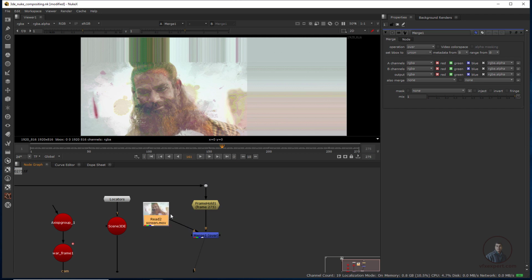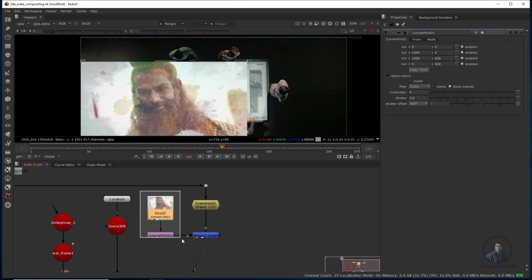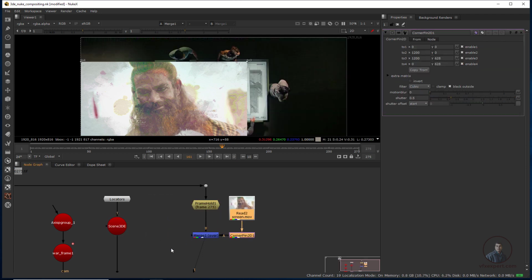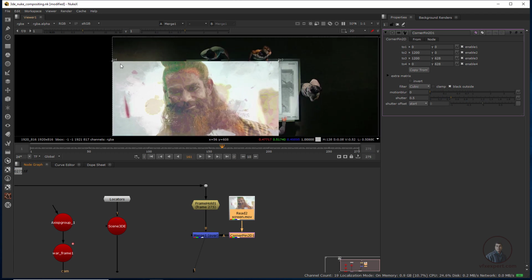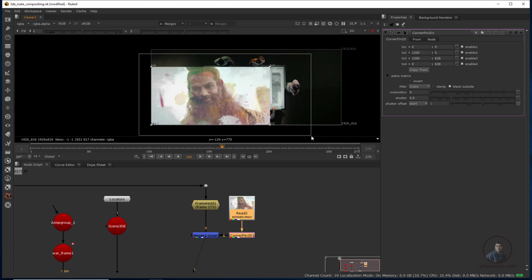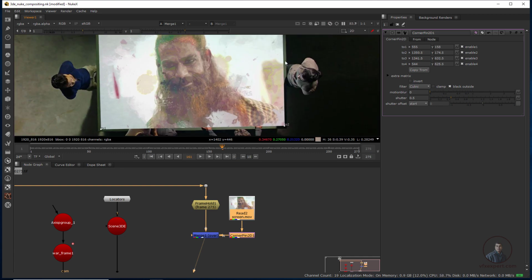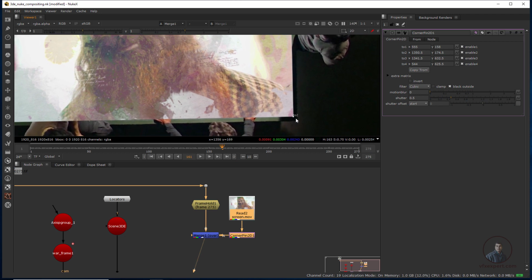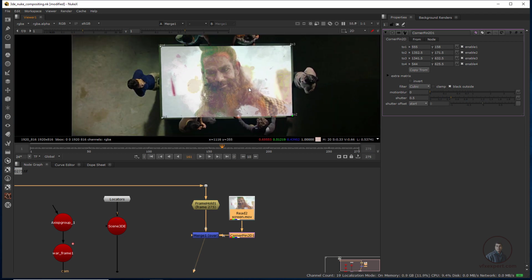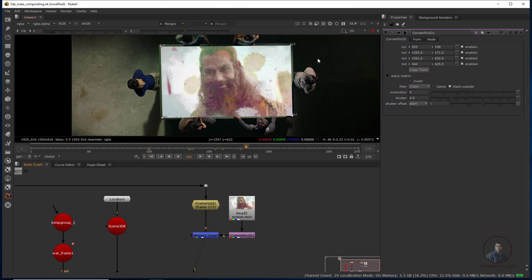Okay, after this, because we have to place it on our screen, I'm going to use corner pinning, because with the help of corner pinning we can easily place. So just select, press tab and type CornerPin. Just place it a little bit here, because after this we can project here. With the help of corner pinning we have to place it. Later you can adjust this one, no problem, but roughly you have to place. I think this is sufficient. Okay, so we have placed our screen here.